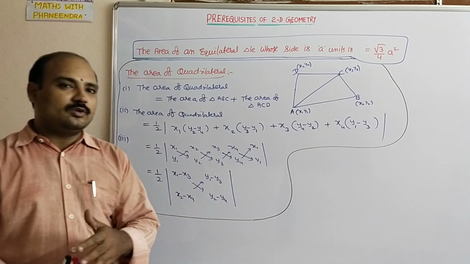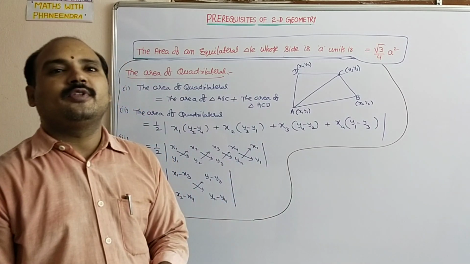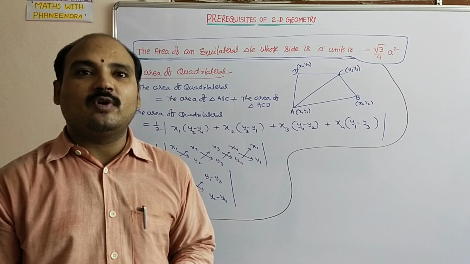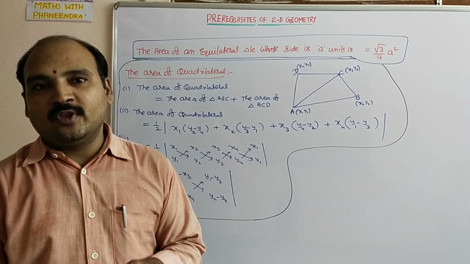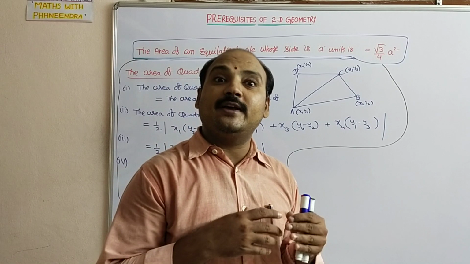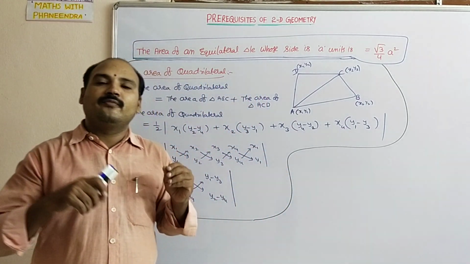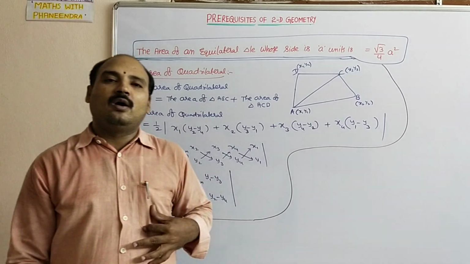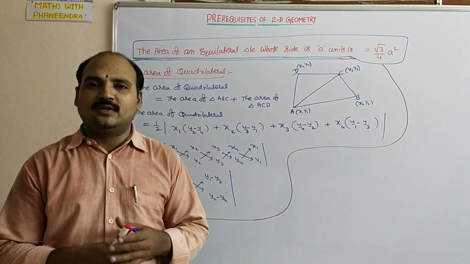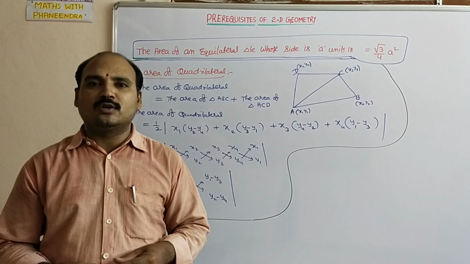In the next video, this is the second video completed. In the third video, we are going to discuss concurrent points, concurrent lines. What are the points of concurrency? Centroid, orthocenter, circumcenter, incenter and excenters. This information we are going to discuss in the coming videos, related to centroid, medians, all the concepts. I think we will make a minimum of 2 to 3 videos on those concepts.